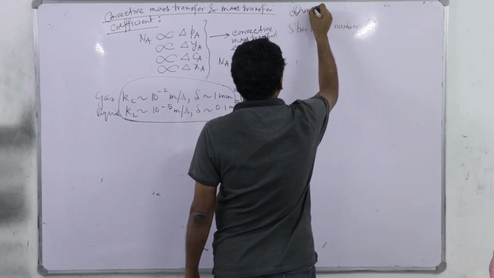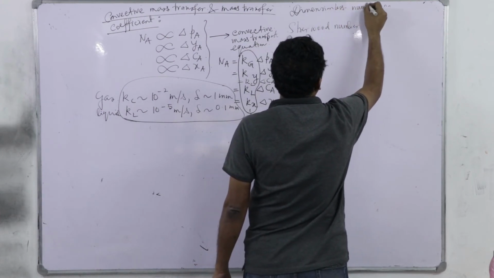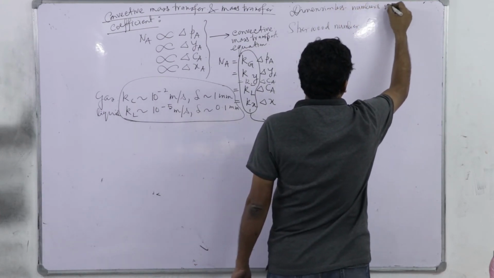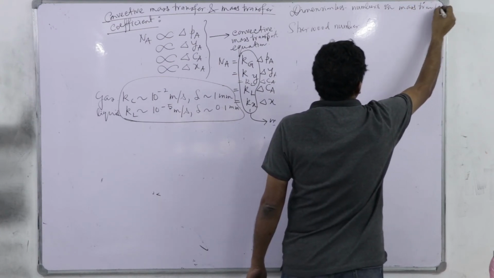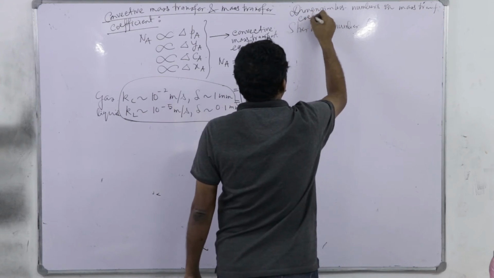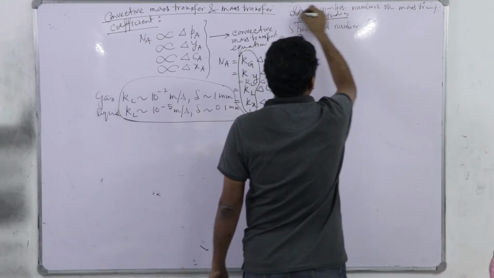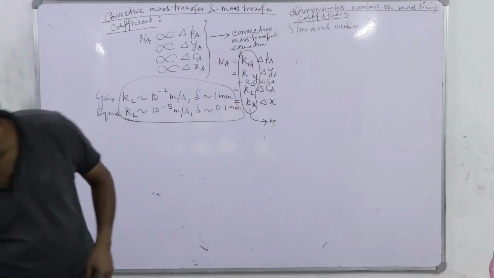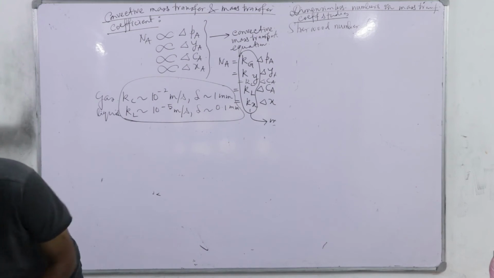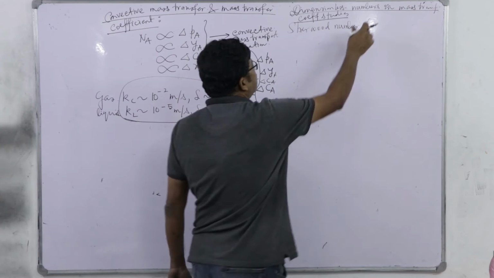So dimensionless numbers in mass transfer coefficient studies. First one is Sherwood number. So Sherwood number,